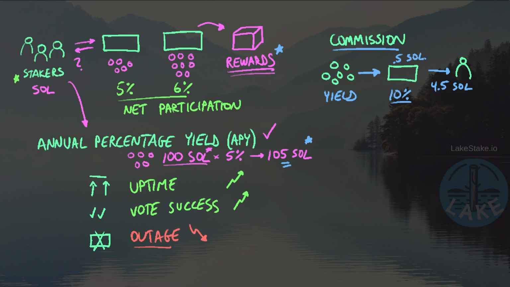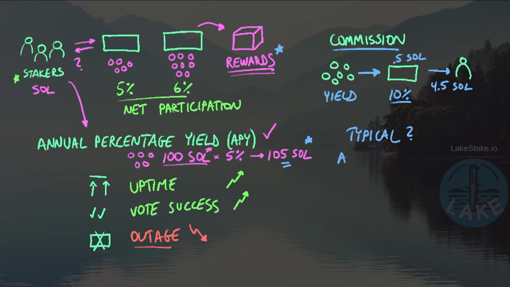Again, this is a mutually beneficial situation. We mentioned we want both the validator and the staker to benefit, and in this case they do. The validator earns a little bit of the SOL, and most of the SOL still goes to the staker. So this begs the question, what is a typical APY? And what are typical commission percentages for our validators?